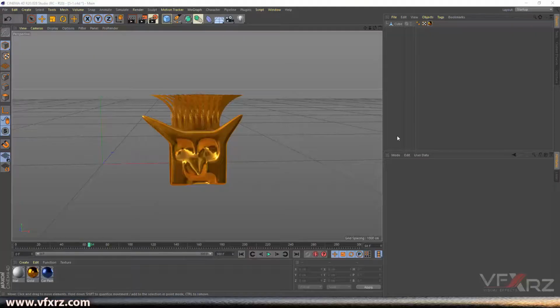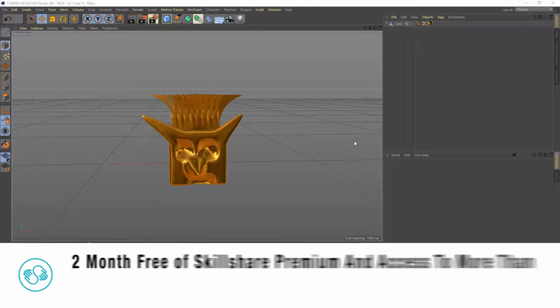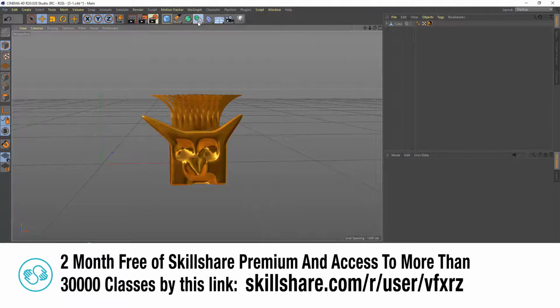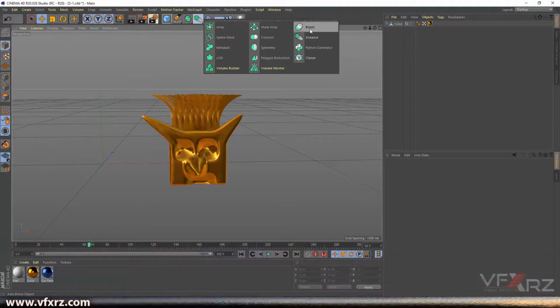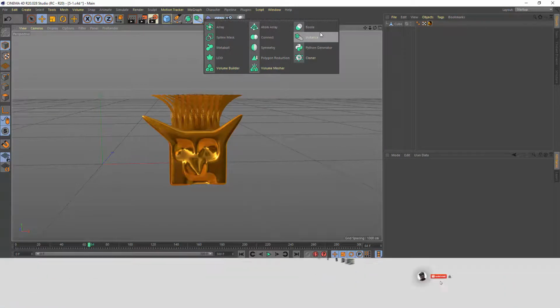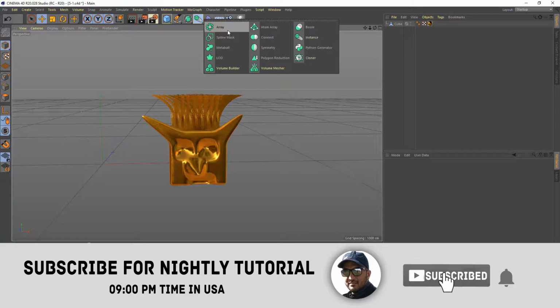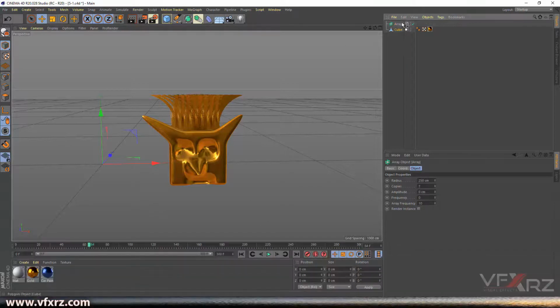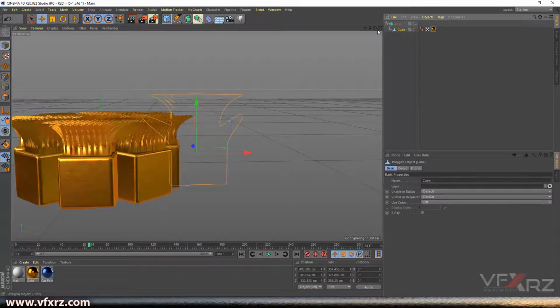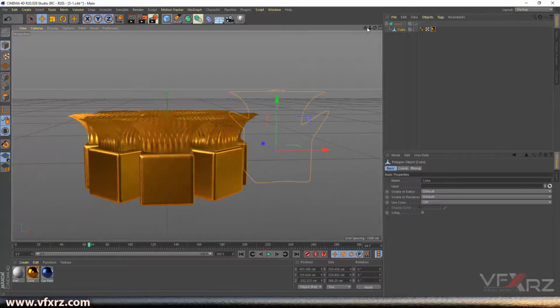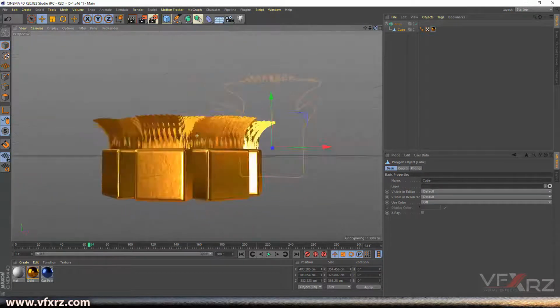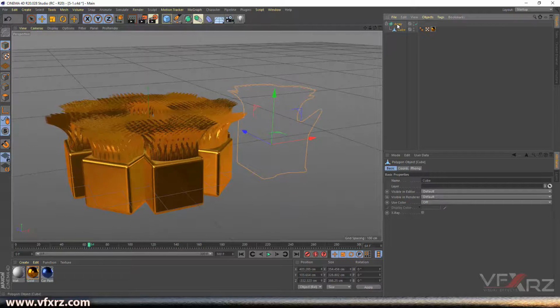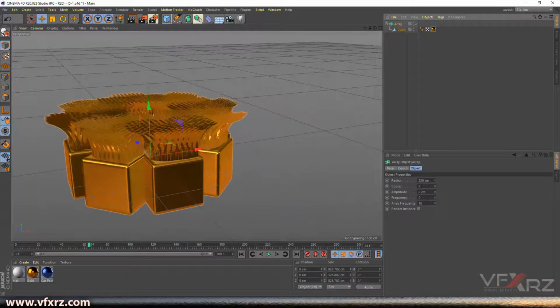Alright, now I want to show you what the modeling panel is in Cinema 4D. When you click and hold this icon here, we can see we have many options for modeling in Cinema 4D. First is array. If you click on it, we can see array here, and drag and drop the cube underneath this array. After that, when you click on the array, it creates 7 copies